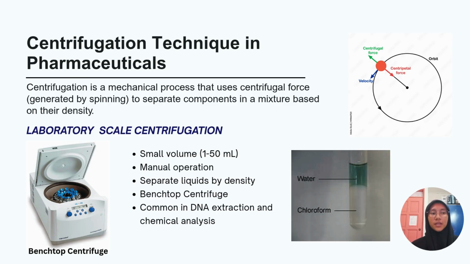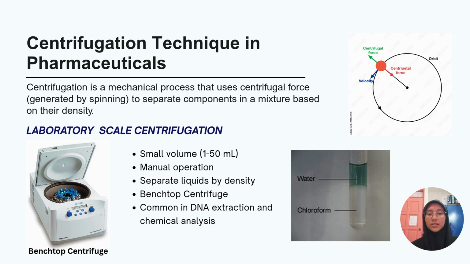At laboratory scale, we use a benchtop centrifuge. The sample is spun at high speed, and it creates centrifugal force that separates immiscible liquids based on their density. For example, in TNT extraction, a chloroform and water mixture is spun to separate the TNT-containing aqueous phase